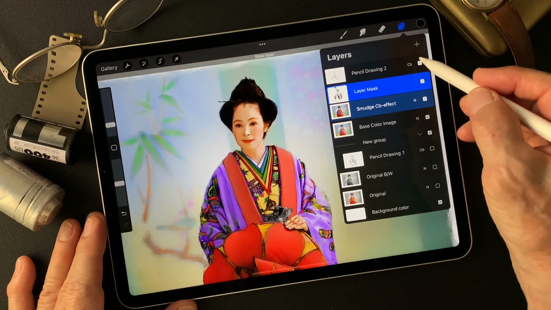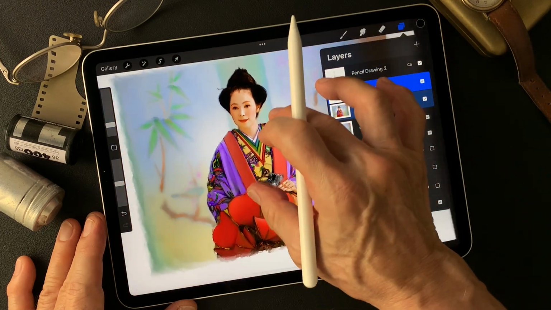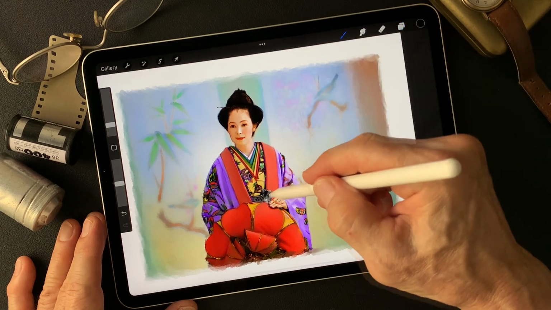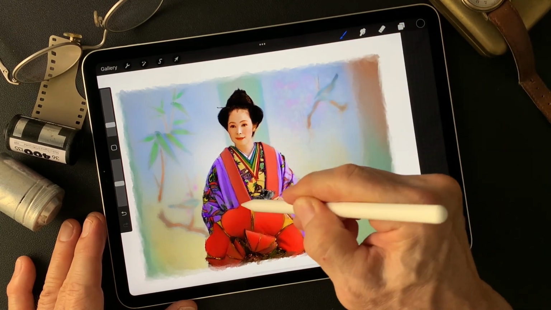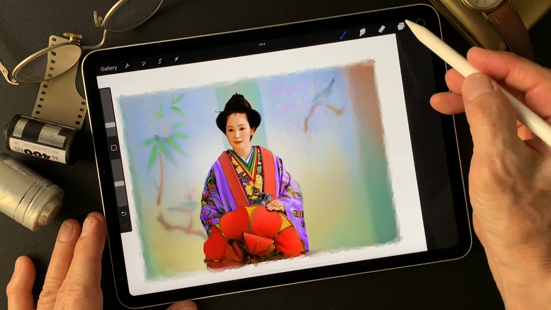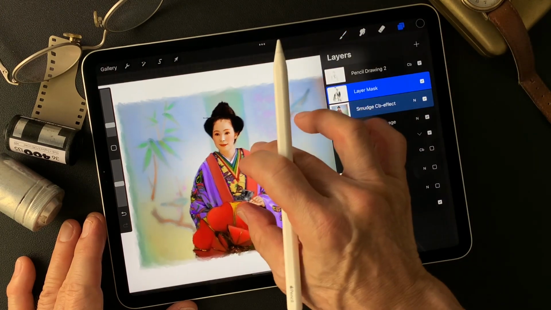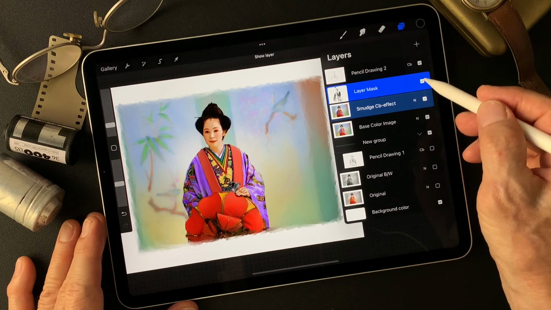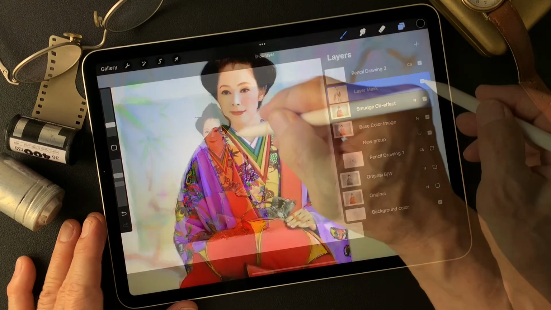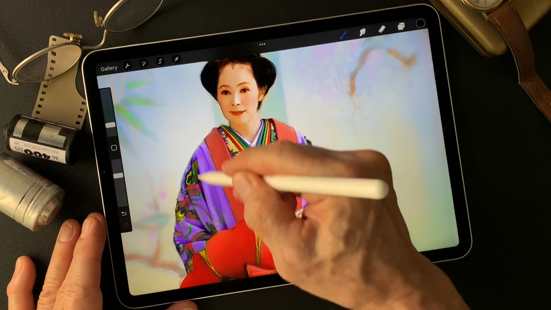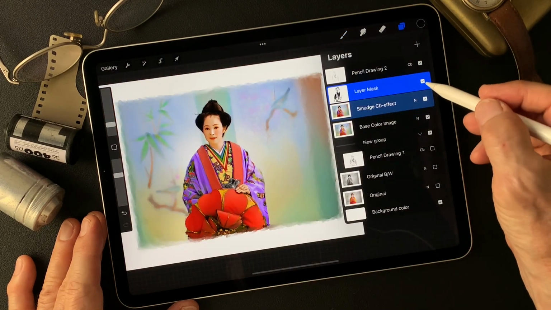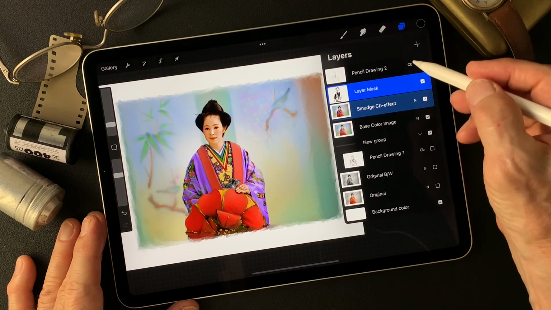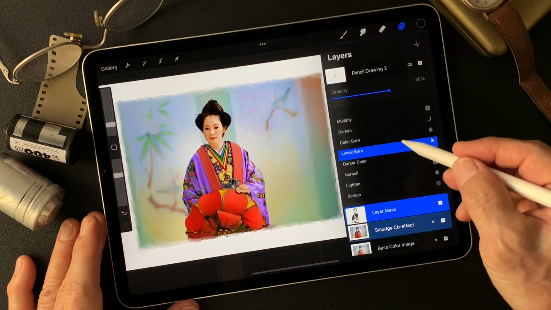Turn it on. Goes darker image, right? Just lighten up if I mask this. Not much. Let me see if I change this to